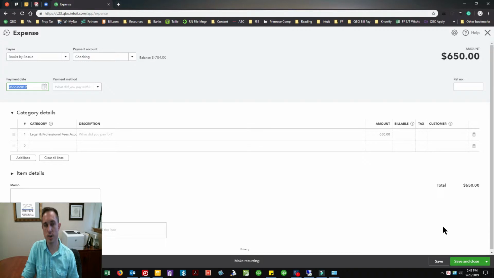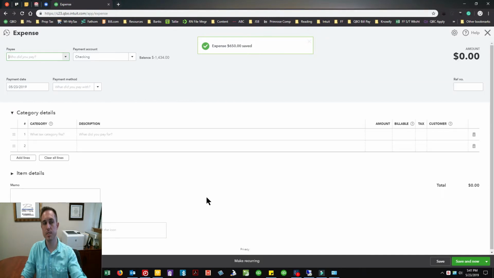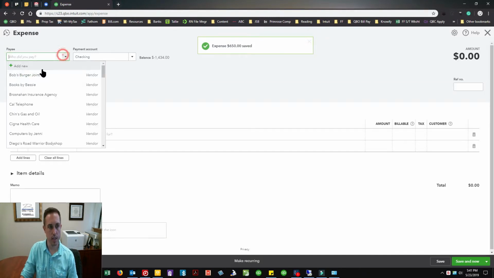If you're entering a transaction, invoice, bill, check, doesn't matter, you'll see a lot of these little upside down triangles like you see next to save and close here. If you click those upside down triangles, you get more options. In this case, we can do save and new, which keeps us on the expense screen, and we can just